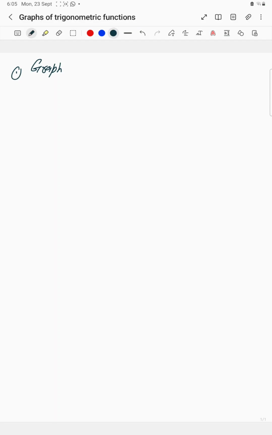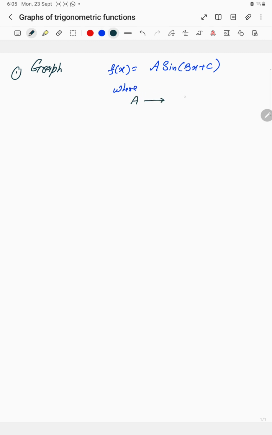Guys, the topic we are going to discuss today is about the graphs of trigonometric functions. Before we start graphing, we need to know a relation, that is f of x or y equal to a sine of (bx plus c). What these terms a, b, c represent, where